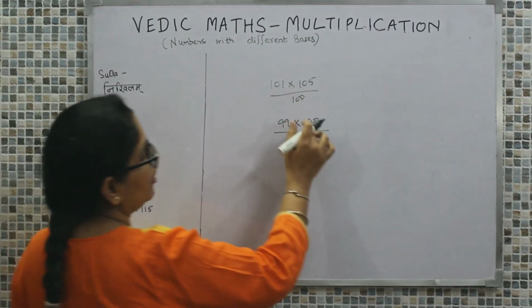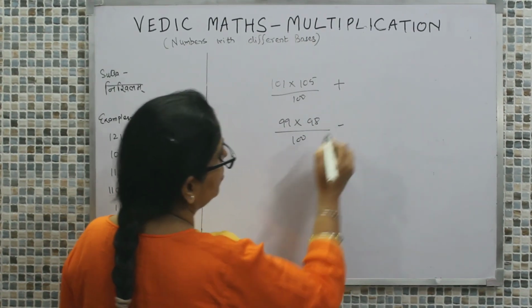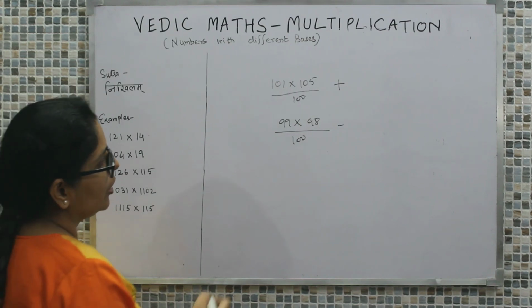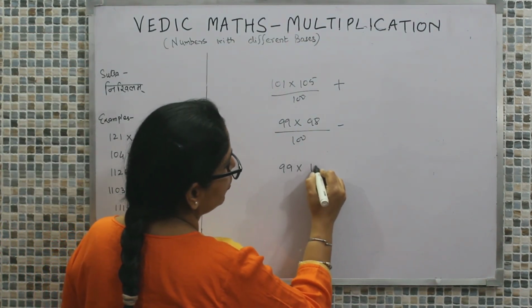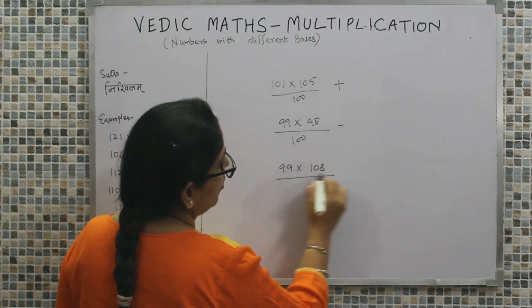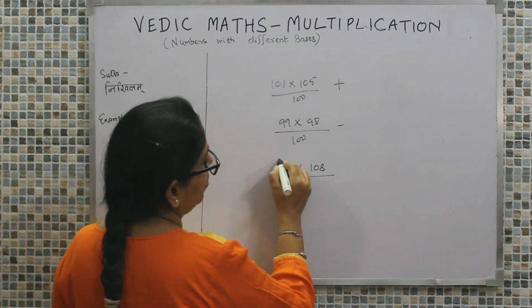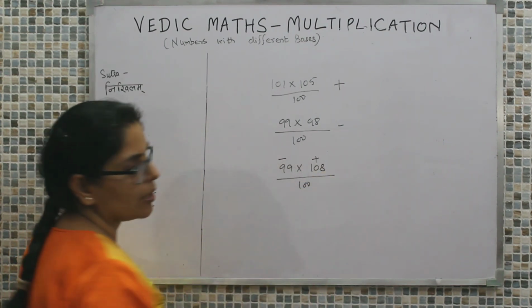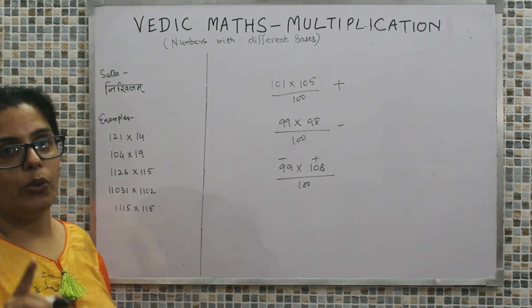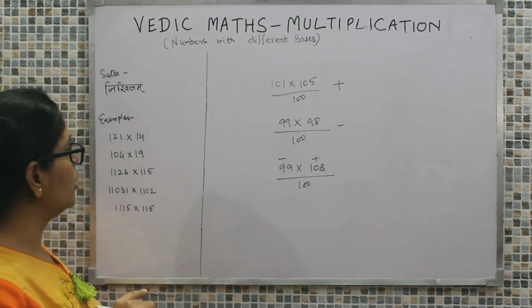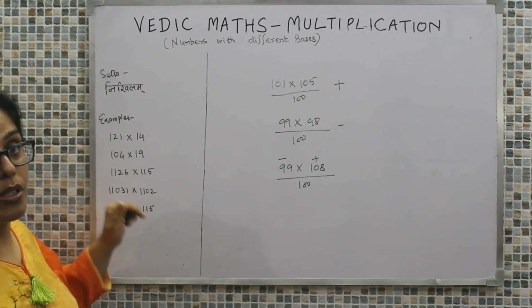The difference between either of the cases is that here both the numbers are in excess and here both the numbers are deficient. Taking the next case, we also have worked out 99 into, suppose, 108. In both the cases, the base value is 100 and one number is deficient and another number is in excess. So for these particular examples, the base value had been the same. Now here we would be taking up those particular cases where the base value is different.